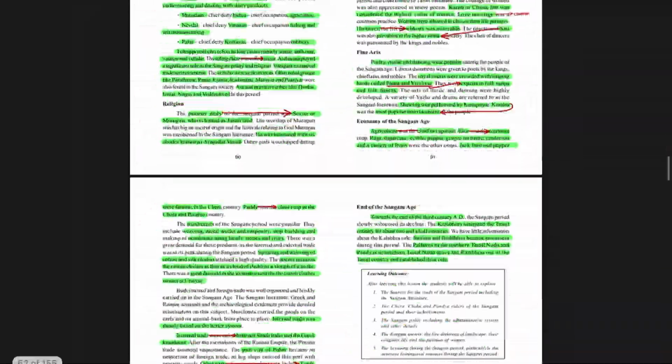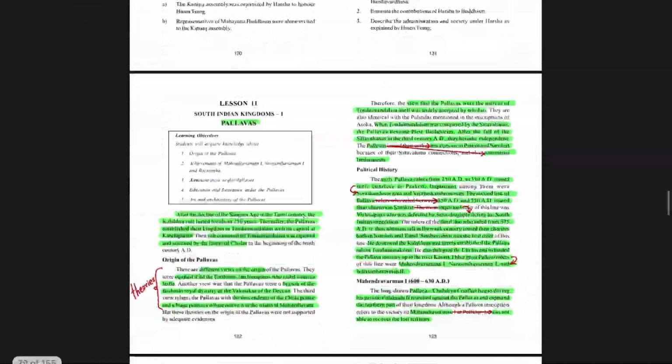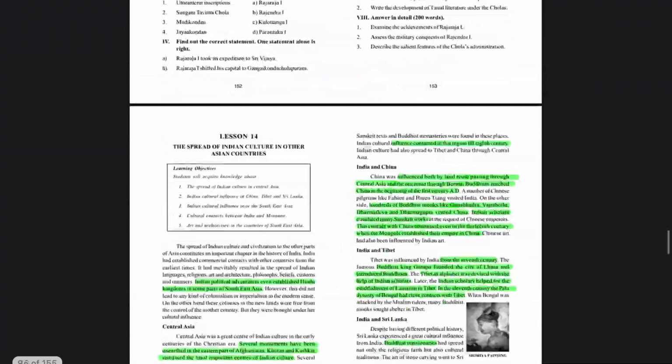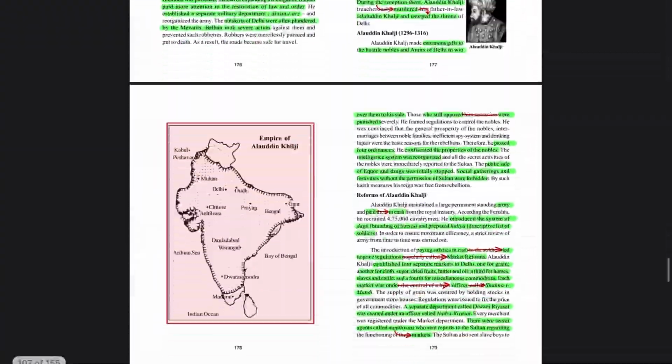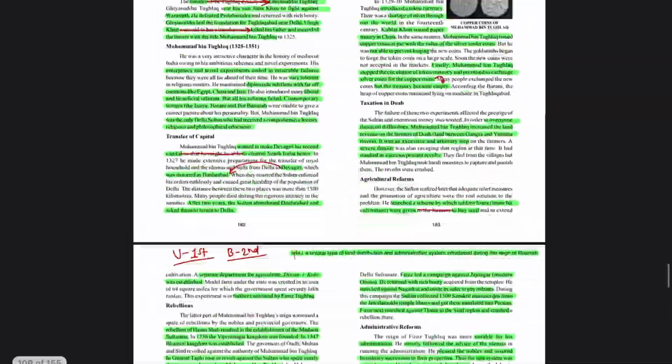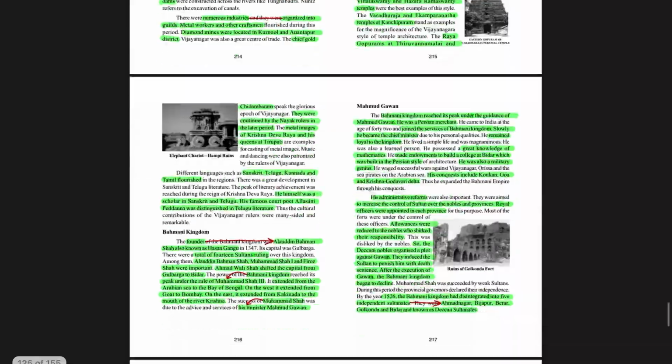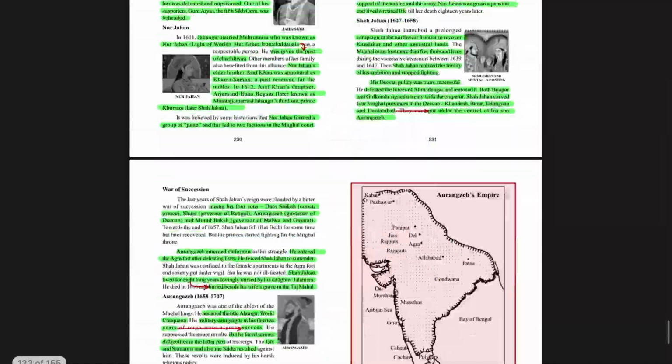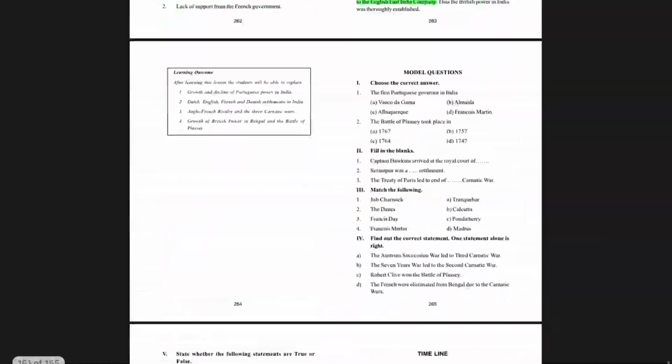Now in this PDF you might wonder why the entire book has been highlighted. The nature of ancient and medieval history is such that you end up highlighting every fact, because this subject is full of facts only. There are hardly any concepts, right? This is the unfortunate reality of this subject, and even the questions asked are very difficult. So the best idea would be to prepare from very basic material like this Tamil Nadu Board NCERT.